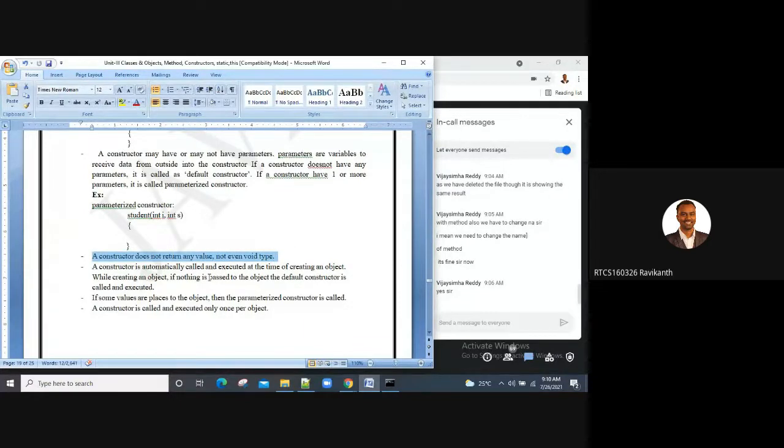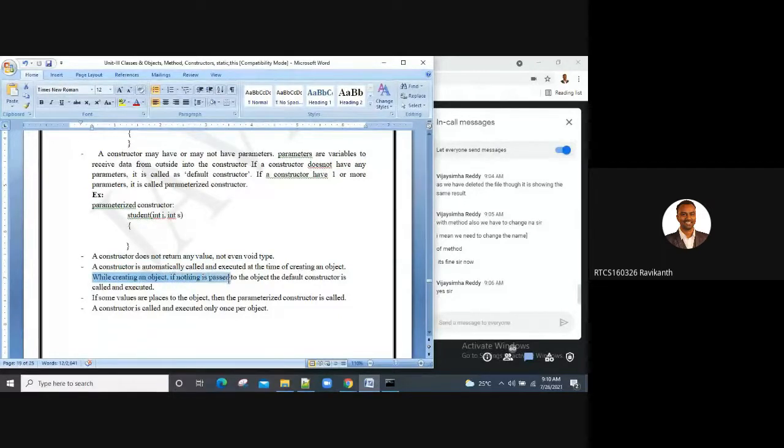When will the constructor get called, guys? Immediately, the moment you create an instance object in your program, the constructor is called. So we're creating an object.